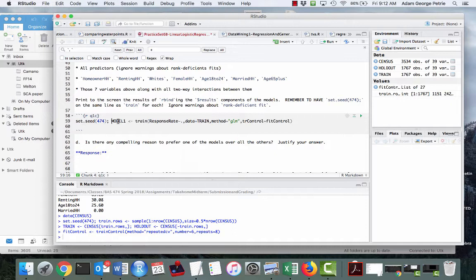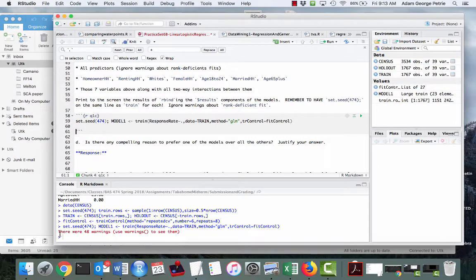In order to make sure that we all get the same set of answers, we all need to get the same set of random folds, random assignment, etc. So that's the only way grading is possible, and so we need to make sure that we all had the random number generator set up in the same way so that we all get the same sorts of randomness when we run these commands. So we'll fit model 1, and we'll see that there are a bunch of warnings that